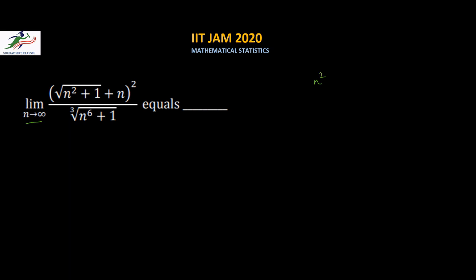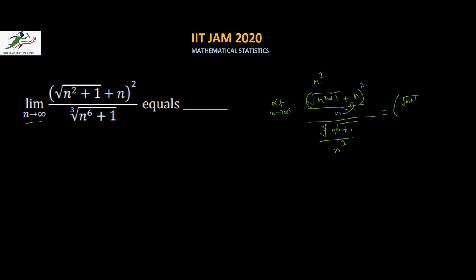So if we do that, then this becomes limit n tending to infinity root over (n square plus 1 plus n) whole square divided by n square, and in the denominator we'll have cube root of (n to the power 6 plus 1) divided by n square. So this will be, I take the n inside and I write this as